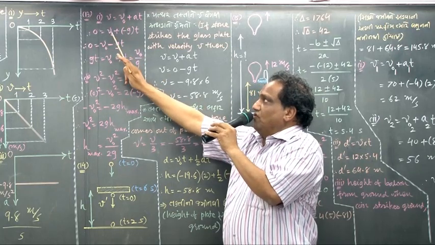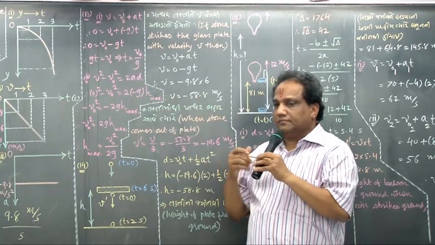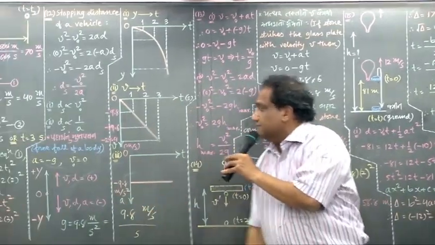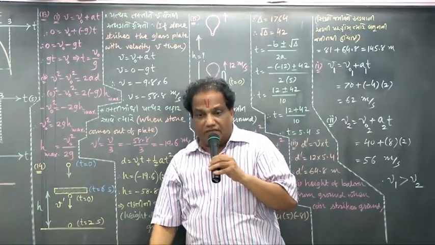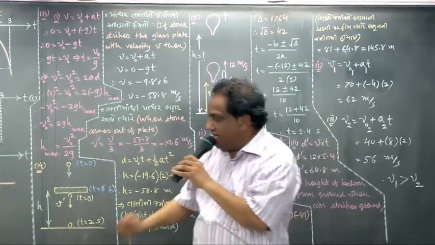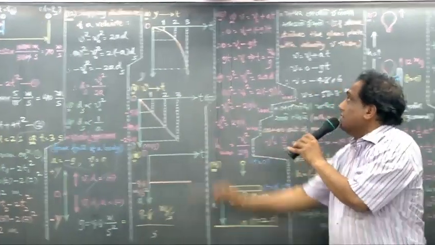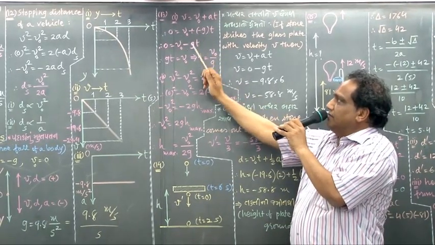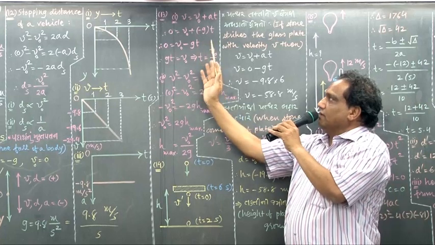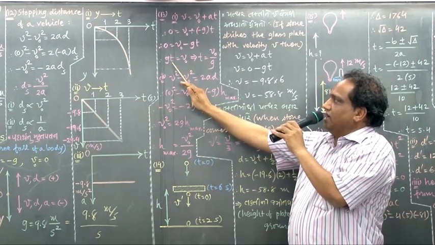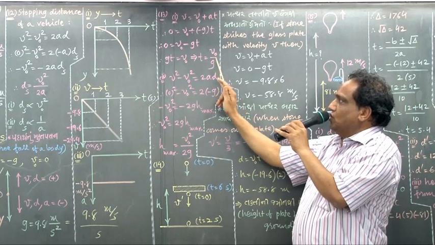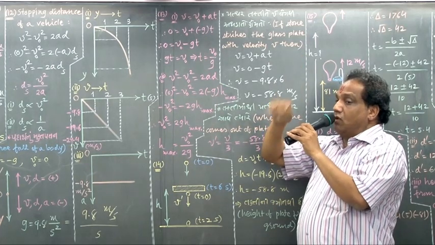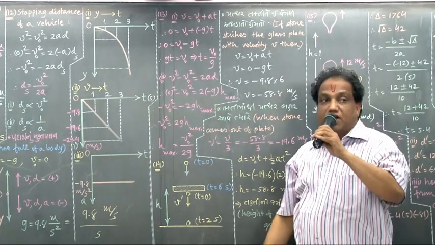Initial velocity is V0. Why am I taking plus V0? Because the initial velocity is vertically upward, so it is positive. What about acceleration? It is gravitational acceleration, which is vertically downwards. Then I must take it negative. So I'm writing A equals minus G, T as it is. Now transfer: from minus it will become plus. Find out T, V0 upon G. T equals V0 upon G. What is this time? The time taken by the body to achieve maximum height.